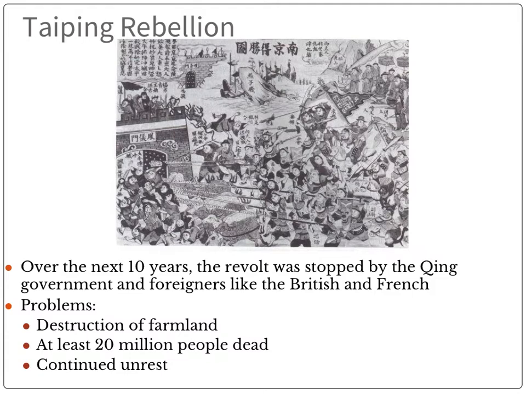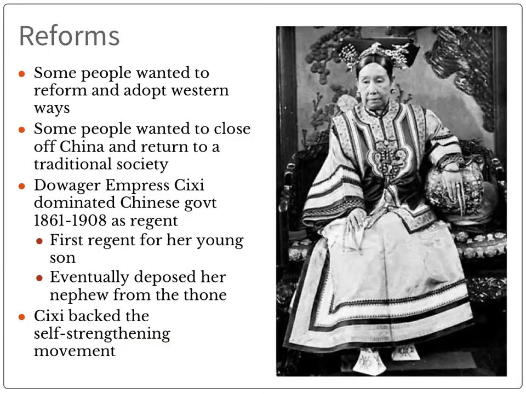But think about this, if a war lasted 10 years, it's going to cause a lot of issues. So lots of destruction of farmland. At least 20 million people were killed, and nothing was solved. So they crushed the peasant army and stopped the rebellion, but none of those underlying issues were dealt with. So the Taiping Rebellion caused people to recognize that maybe China needed to make some changes and some